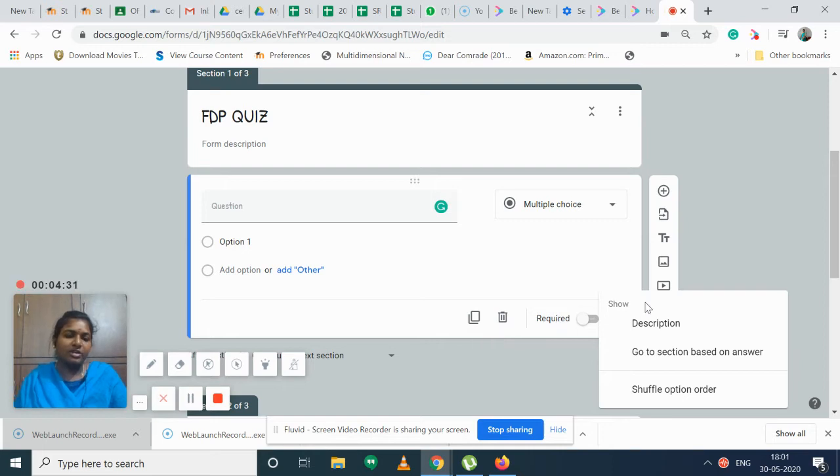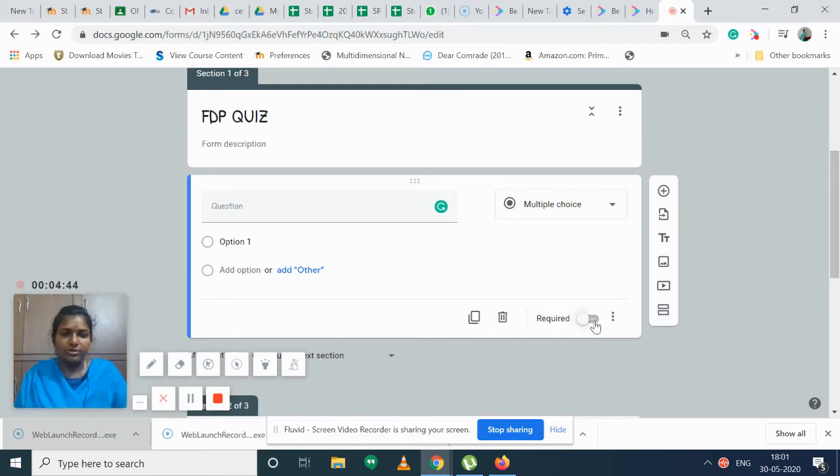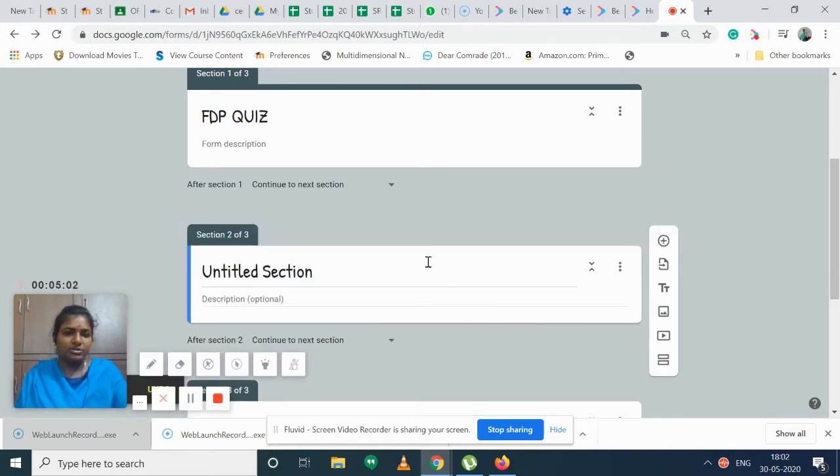Required means, in the Google Form, if you want the details compulsorily. For example, in the registration, the name and all the things you added. If you require the name to be compulsory, then you have to change this to required, and then they have to fill it in compulsorily. If you are keeping it optional, for example the mobile number, then you have to turn this off. Based on that, if you want to delete this question, you can delete it.